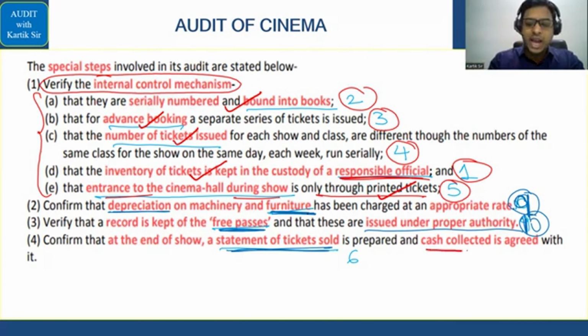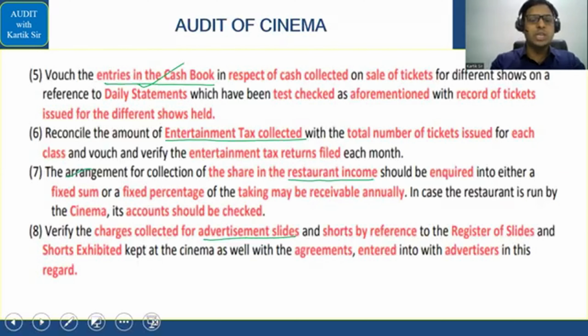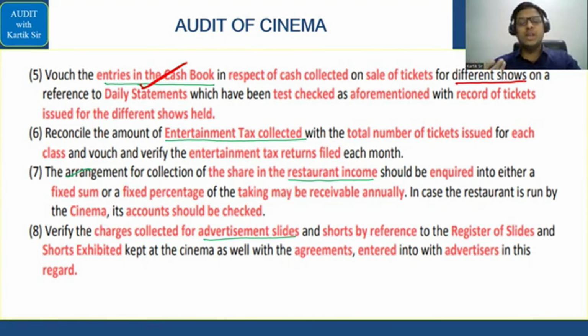तो जो भी cash collected है, is agreed with the statement of tickets sold. He checks that. Then he makes the entry in the cash book. So जो भी cash book है उसमें entries are made as per different shows. अलग अलग shows में कितने cash मिले अपने को यहाँ पे, that we'll note it down. इसके बाद क्या होगा यहाँ पे, that we'll keep that money in the cash drawer.